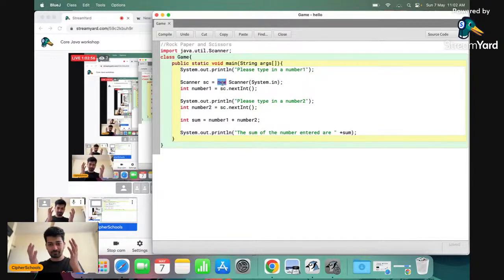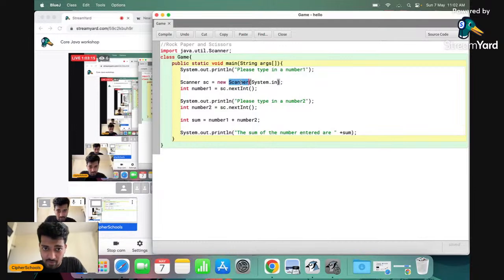As simple as that. So just to quickly reiterate, Scanner is the name of my class. I've already imported it from Java's utility package. And then sc is the name of my object. New is helping me allocate a memory to the object. Because if we have an object, it would require a memory. Otherwise where will you keep it? I mean, if you take an input, where are you going to store it? So it needs to have a memory allocated, and new is helping us do that.